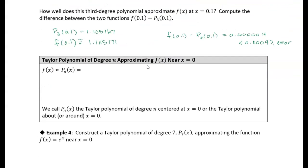So the formula that you will be able to use on your homework and the discussion questions that we're going to get to is just that a Taylor polynomial is just f of 0. We're trying to model some function f of x. In the examples we just did, we're trying to model e to the x, but it doesn't matter what function we're trying to model, just any non-polynomial function. The first term is just going to be f of 0. And then we have plus the derivative at 0 times x. And then we're going to have the second derivative at 0 divided by 2 factorial,